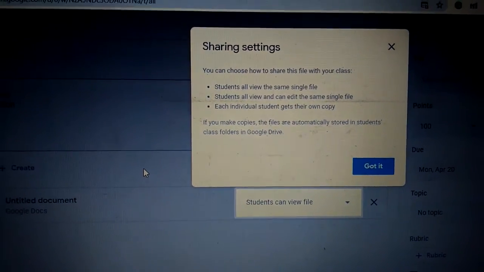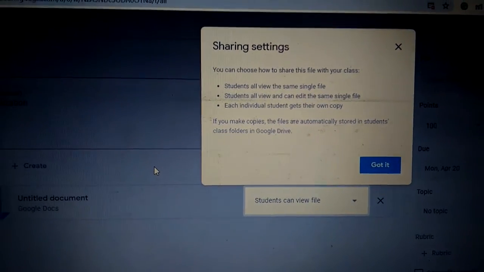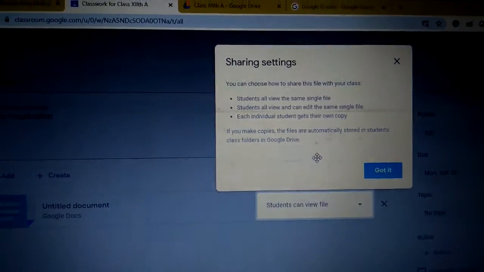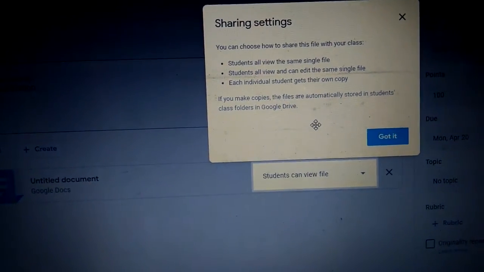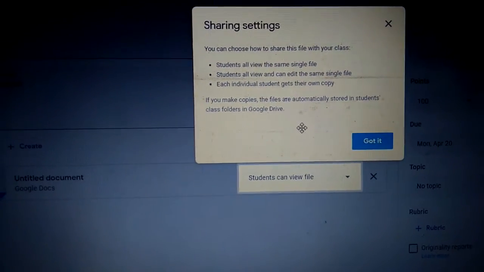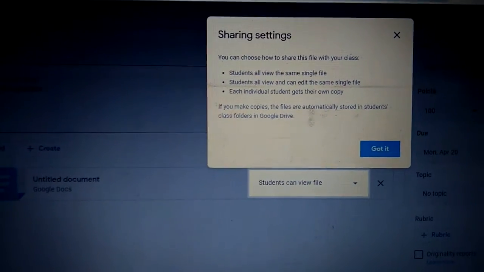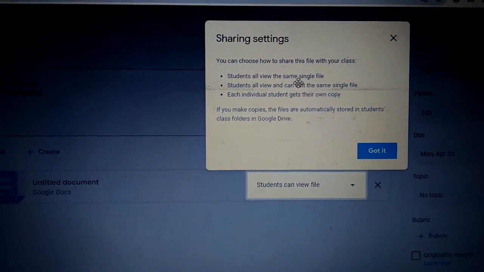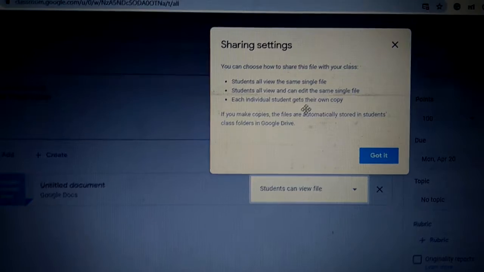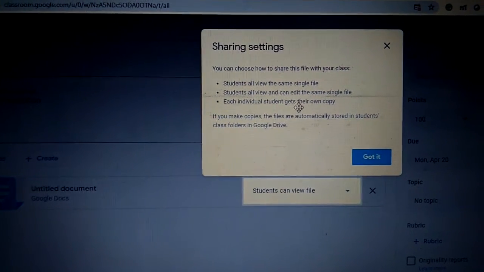Students all view the same file. Okay, so view the same file, edit the file and gets their own copy. Okay, see, this is the crucial part which we are dealing in, giving the assignments and asking for the students to share their content with us. Okay, students all share the same single file, or students all can view and edit the same single file. Each individual student gets their own copy.